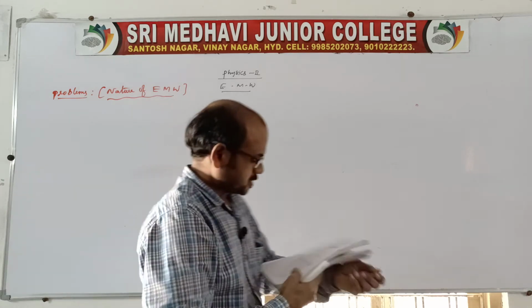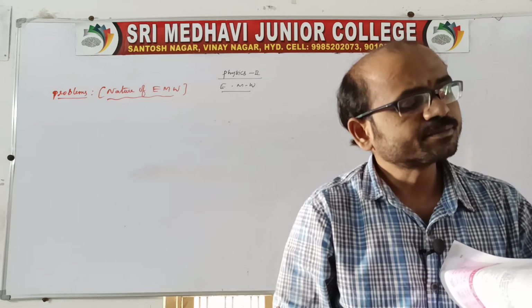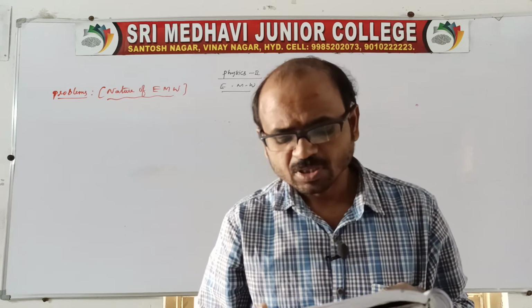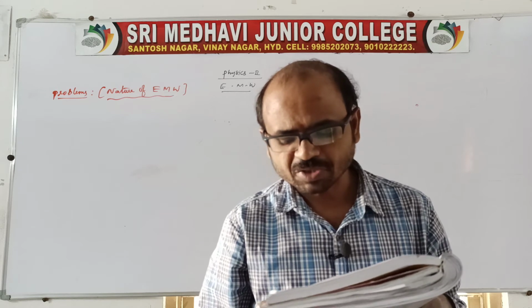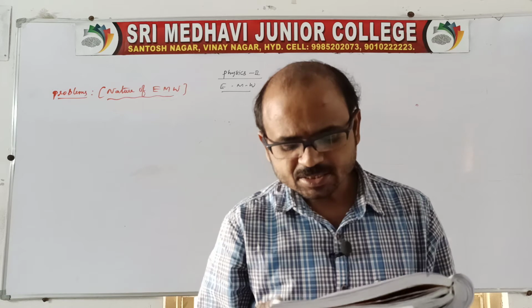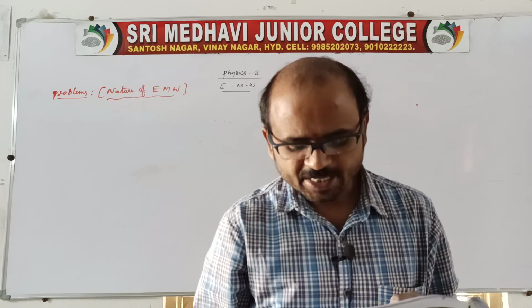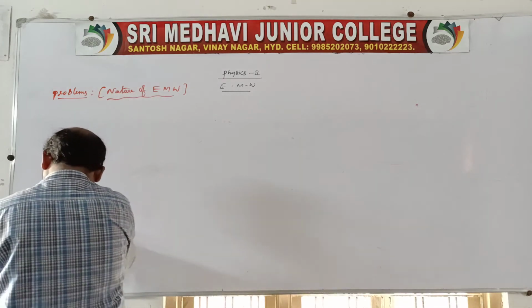Right. So look at the next problem, 11.8. The question is, suppose that the electric field amplitude of an electromagnetic wave, E naught, is equal to 120 Newton per coulomb and the frequency is 50 megahertz. Determine B naught, omega, k and lambda, and find expressions for E and B. Of course, this is a big question.